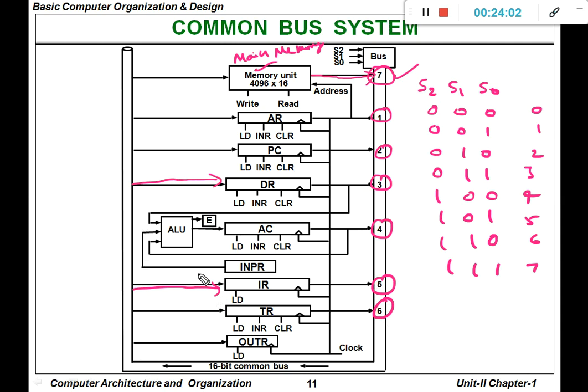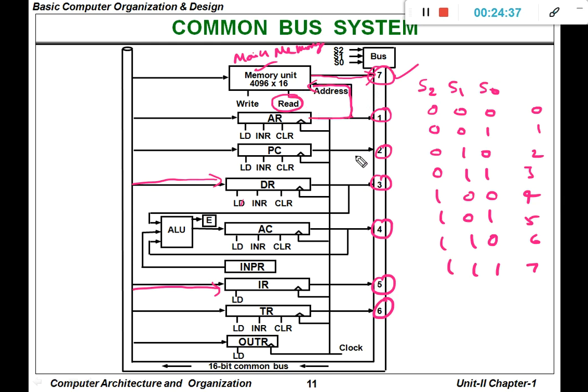Okay, instruction register. However, to fetch the data, we need the address. Where will that address be stored? That particular address will be stored in AR, the address register. So now you can see the connection. The address register will be mapped to the memory. Based on this address, it is going to fetch the instruction. Fetching the instruction is nothing but the read operation.